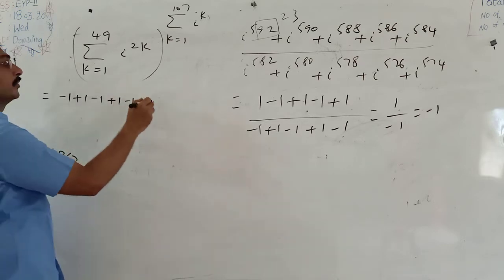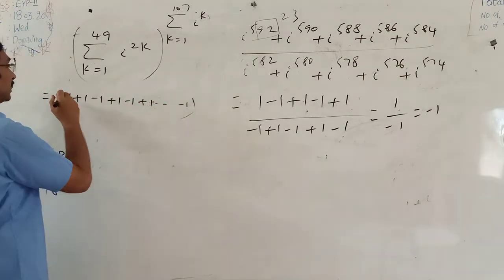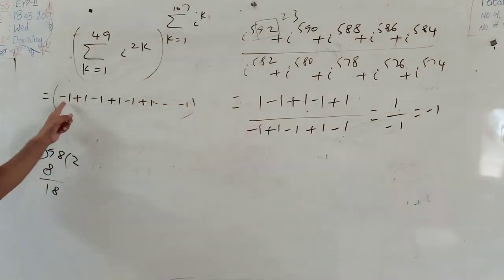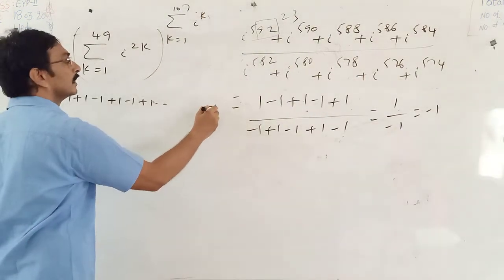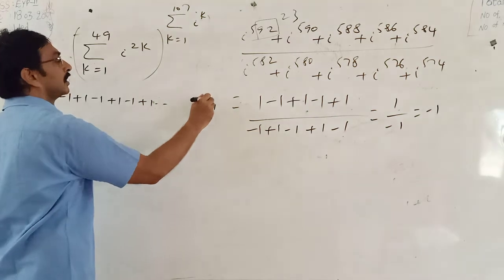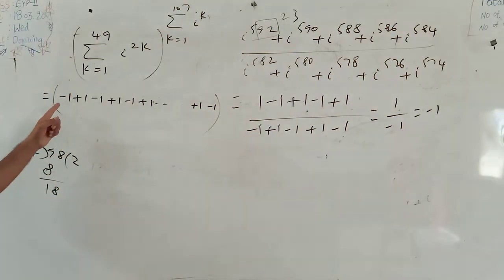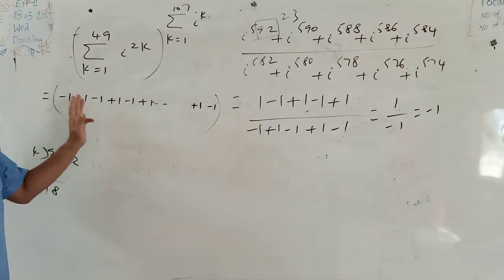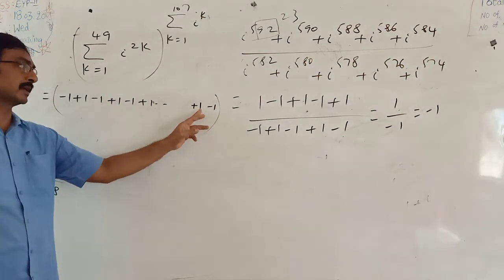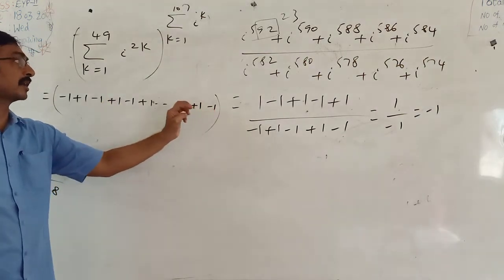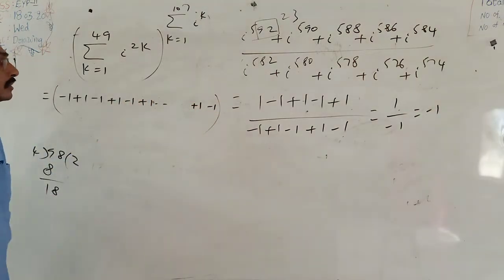Remainder 2. Therefore, the last value is minus 1. It starts with minus 1, so the last value being minus 1 means that before it there is a plus 1. So see, the base value: minus 1 plus 1 cancel, minus 1 plus 1 cancel, and so on. Before it, minus 1 plus 1 cancel. So the last minus 1 remains. So the base value is minus 1.